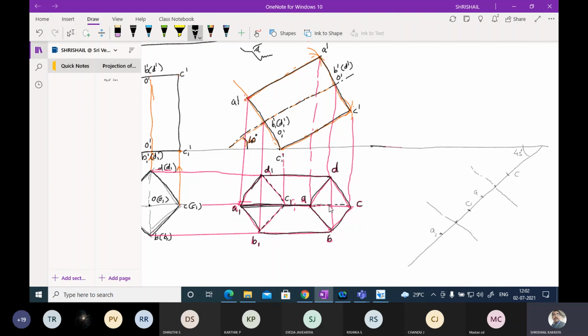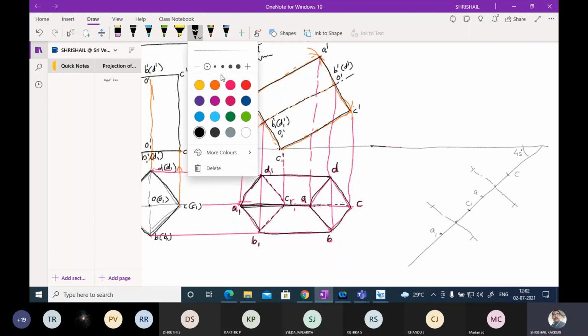Okay. Then after this, from this point, mark this. All the markings I am going to do from that point. Then after this, I can join by a thick line. How? Look here carefully.